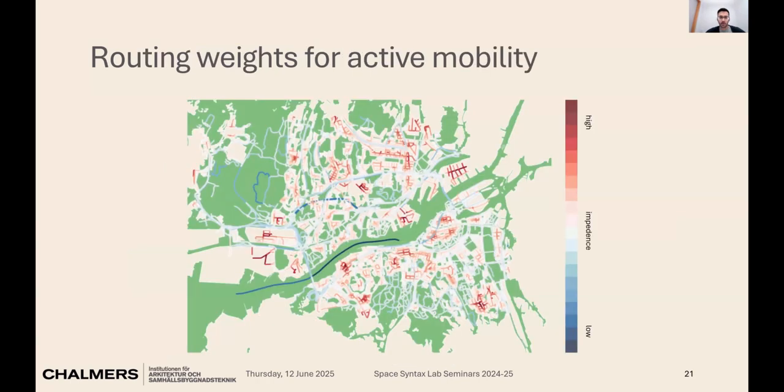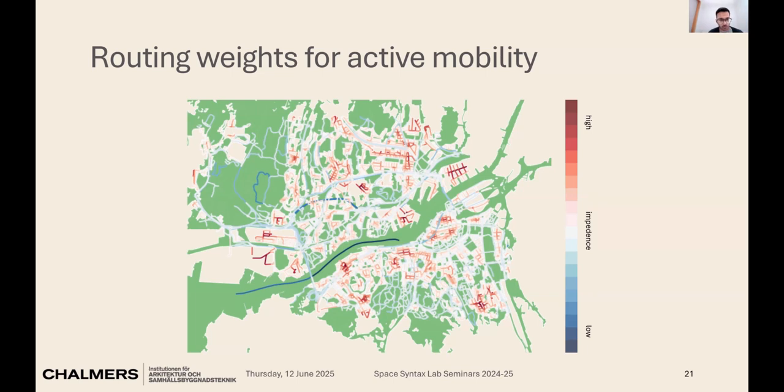For active mobility, one of the requests that we received from the practitioners in our user group when we were doing the testing was to allow active mobility users to have preferences for routes. And the preferences for the routes were based on proximity to green spaces, impedance, the kind of slope that you have, the distance and travel time. And then the model allows you to change the weights based on